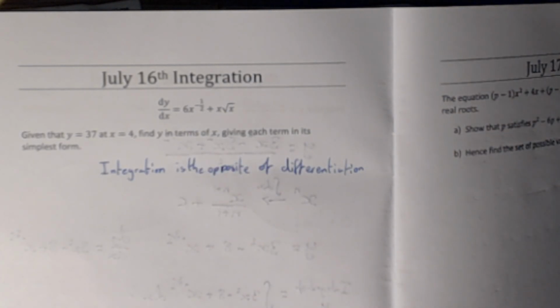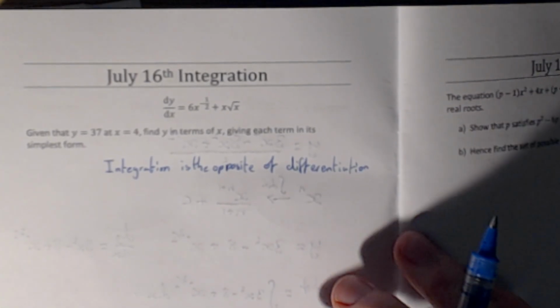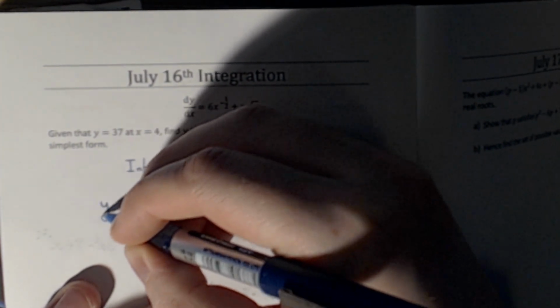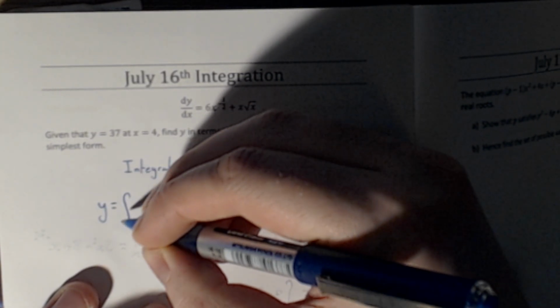Now I want to find out what that original function was, so I'm going to integrate, so I'm going to reverse that. So we can use our notation that y is equal to the integral, that's this big S symbol